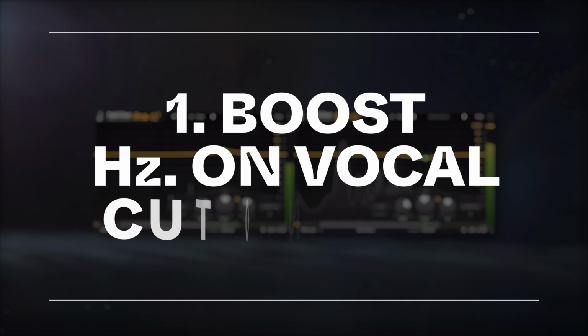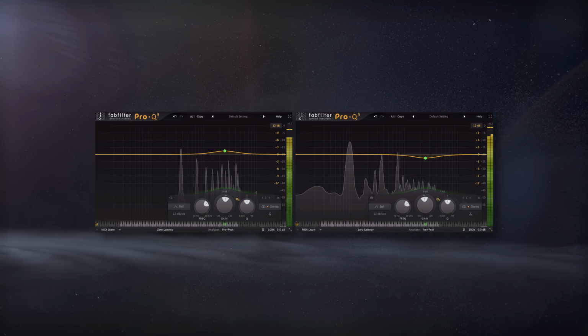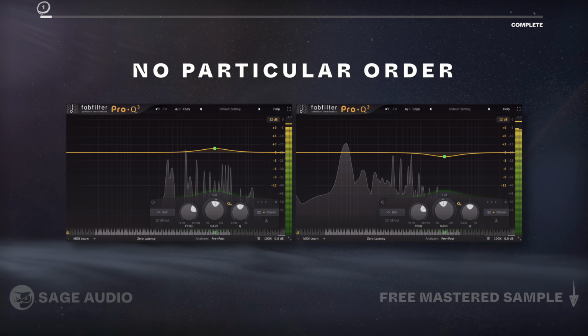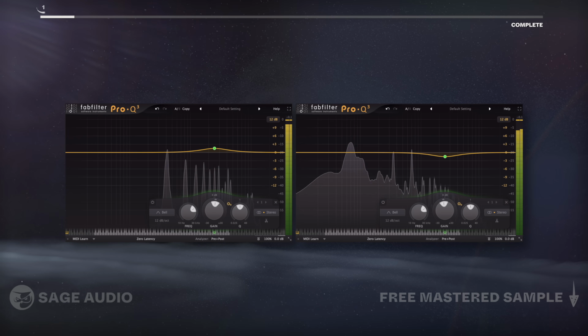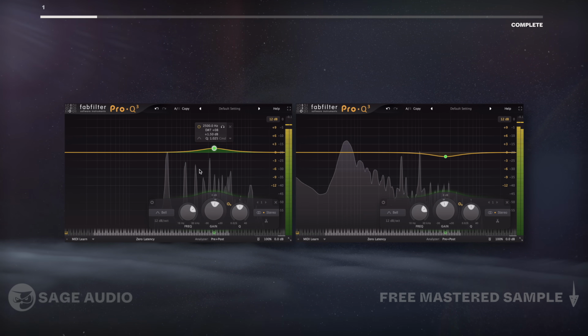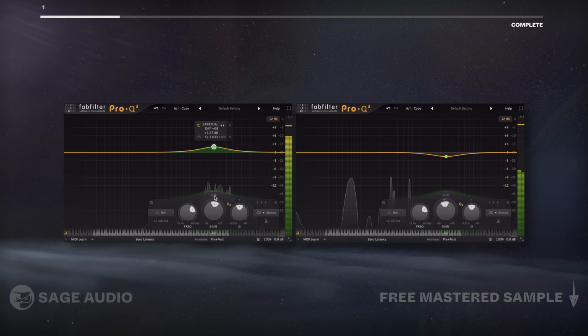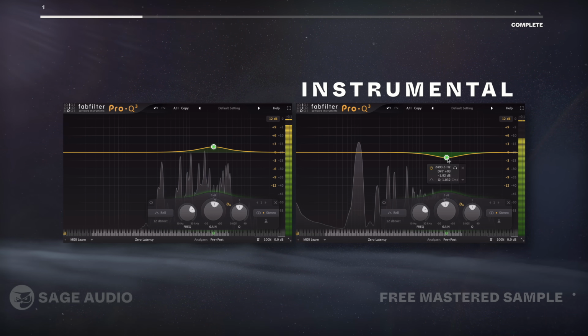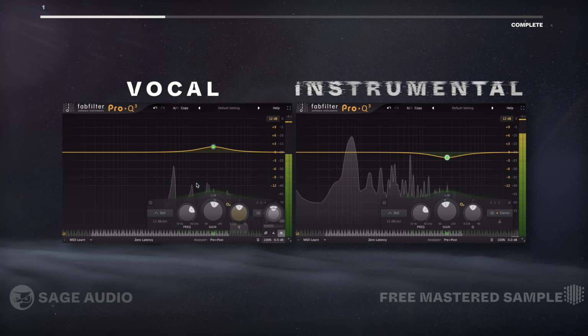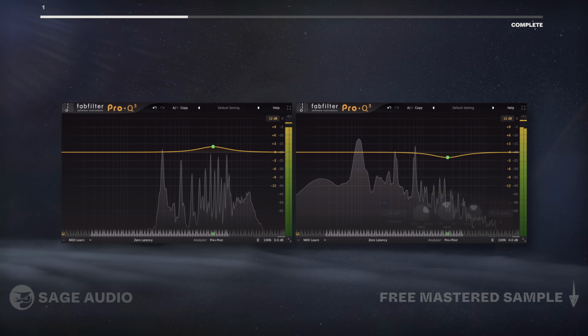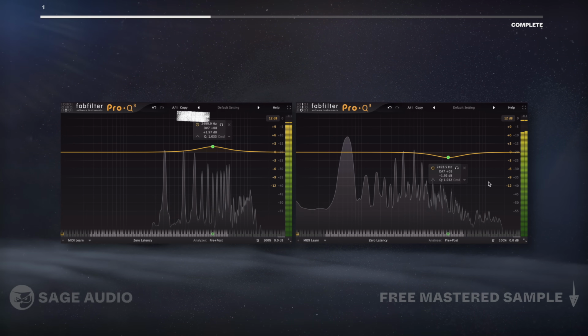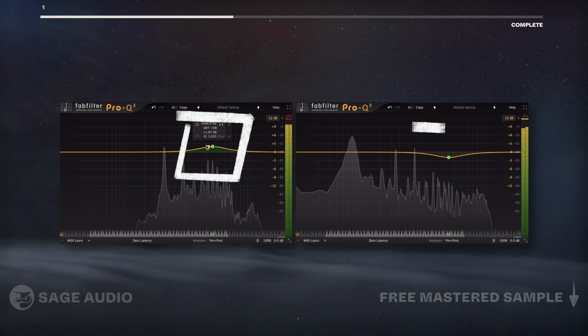Boost frequencies on vocal, cut on beat. The chapters in this video are in no particular order, but they can be combined to augment one another. Now, when we're mixing a vocal and a beat, without control of the individual tracks, other than the stereo instrumental and vocal, it often helps to separate the two. To do this, we'll place an EQ on both tracks and emphasize the vocals while cutting the beat at the